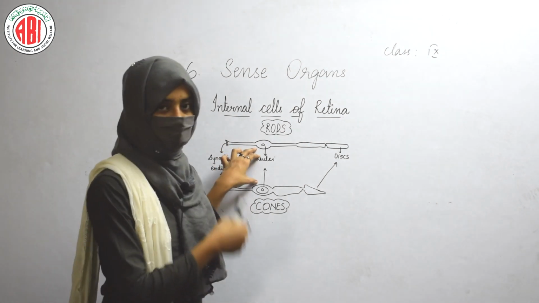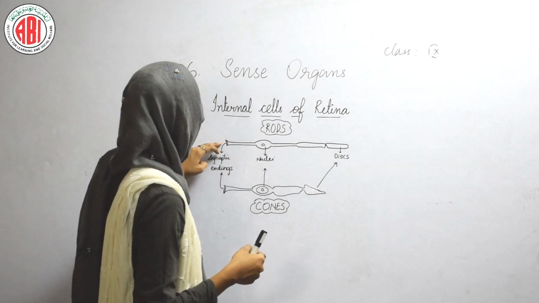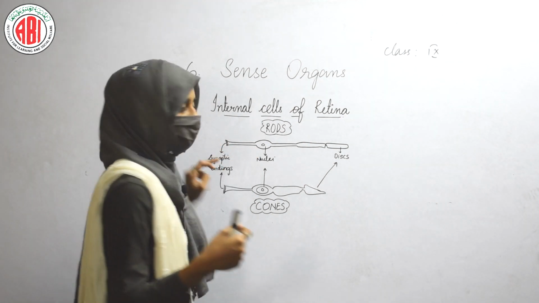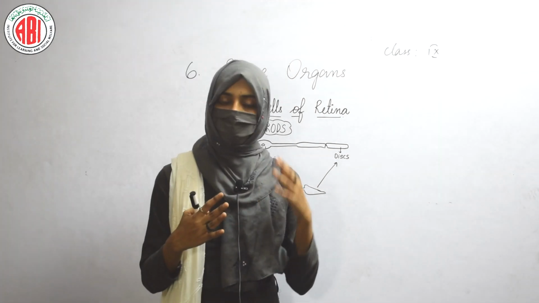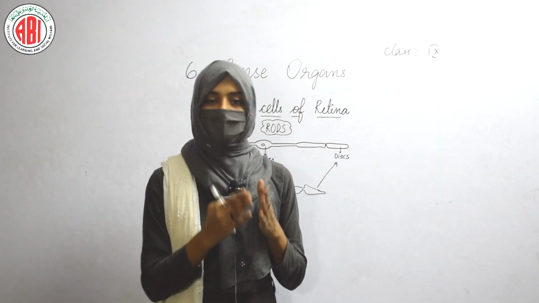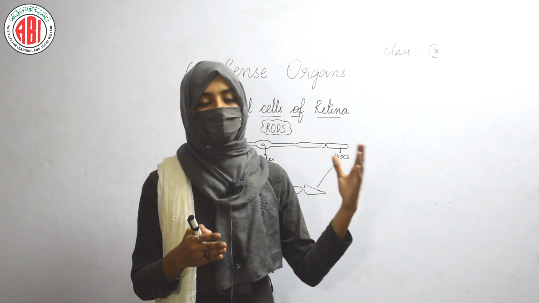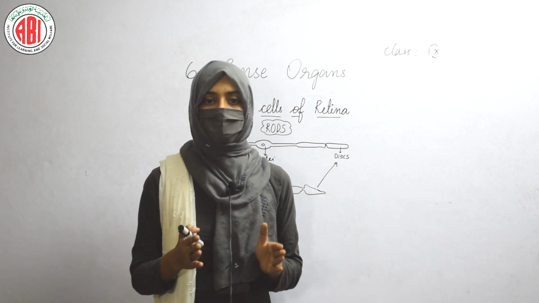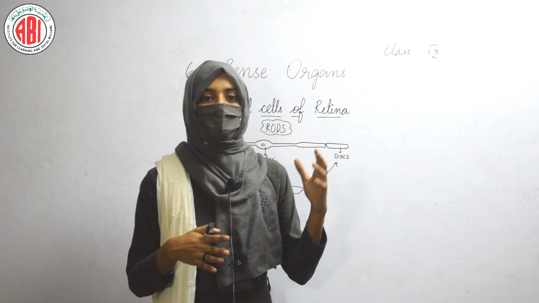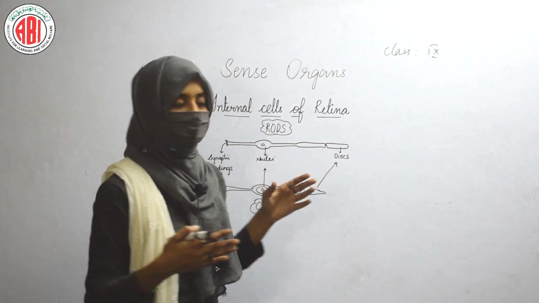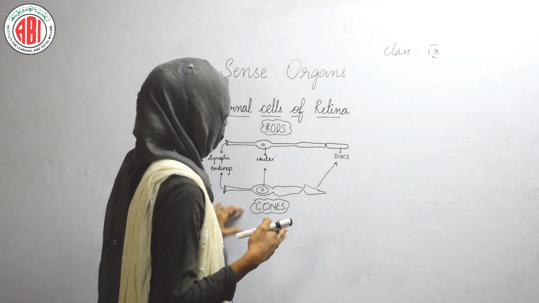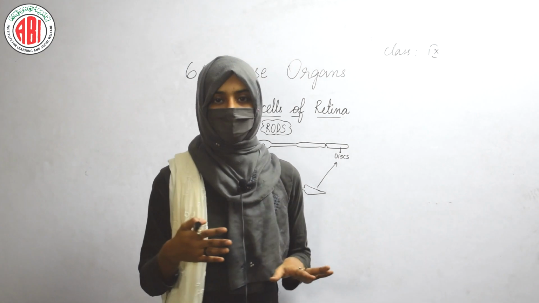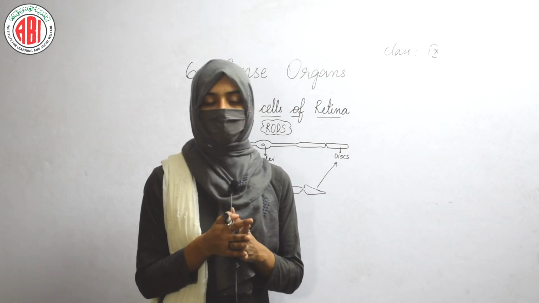The nucleus is present in both these cells, and they also show an ending which is called the synaptic ending. This ending shows the presence of nerves, and those nerves help to carry the signal to the brain. In this way, the retina is a layer which shows the presence of photoreceptor cells called rods and cones, and these photoreceptor cells help in forming an image in our brain.